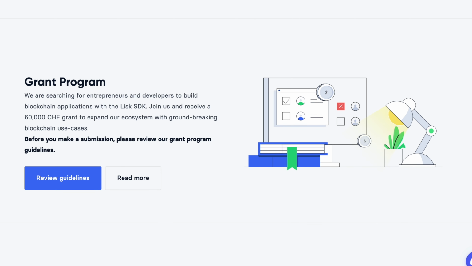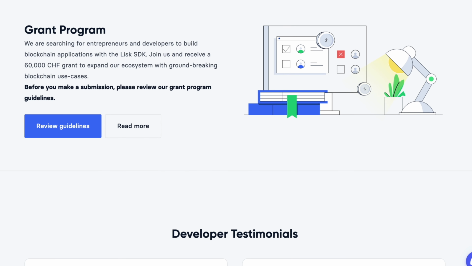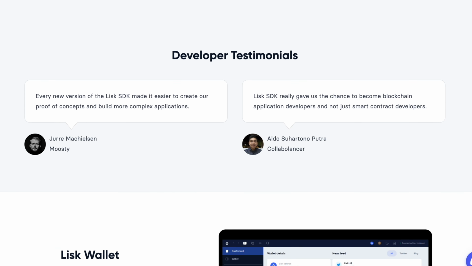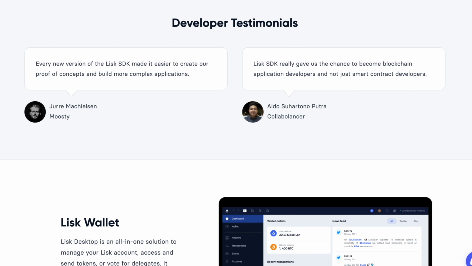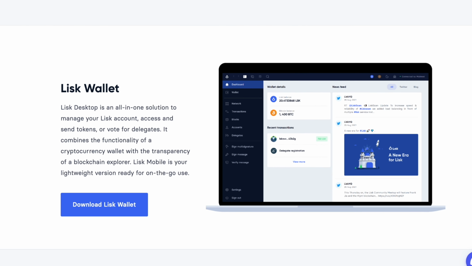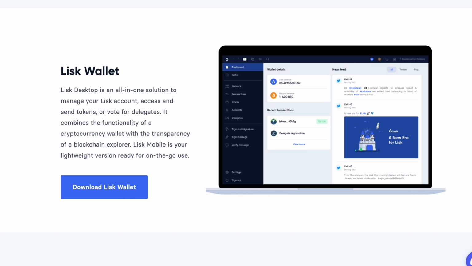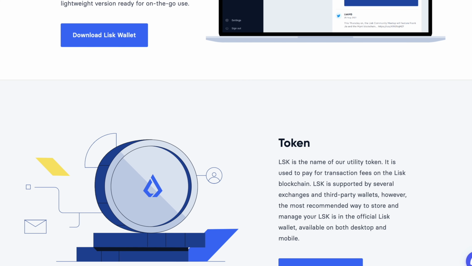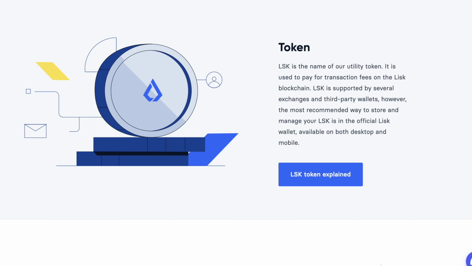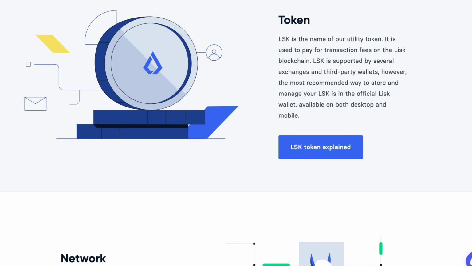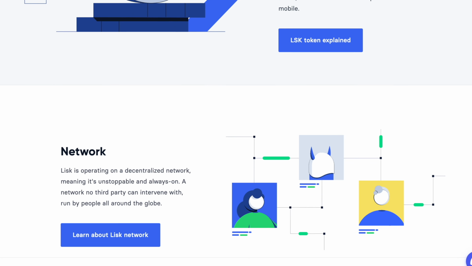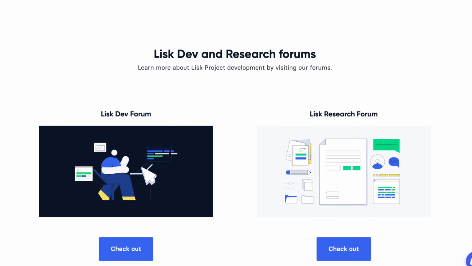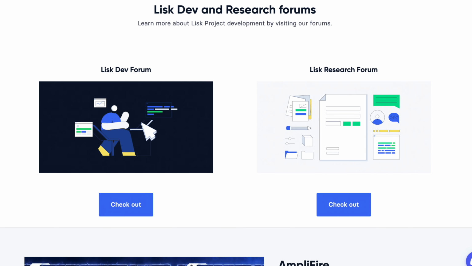So there's a bunch of different developer tools as well. There's the Lisk SDK, which aims to provide an easy and reliable means for building blockchain applications compatible with the Lisk protocol. There's also the Lisk Core, which is the program that actually implements the Lisk protocol in order to run a node that will participate in the network. The Lisk Core actually must be installed. And there's also the Lisk Commander. The Lisk Commander is a command line interface tool designed to be a low entry point and also just have the most convenient tool for developers who are looking for an efficient way of coding. There's also Lisk Elements. Lisk Elements is a JavaScript library.